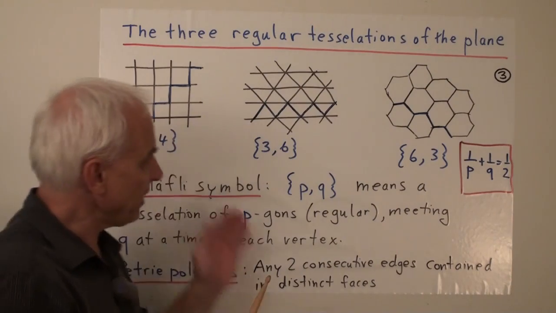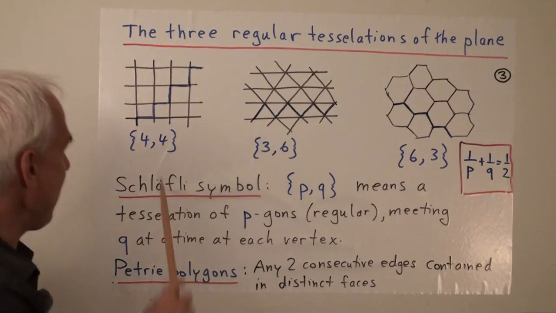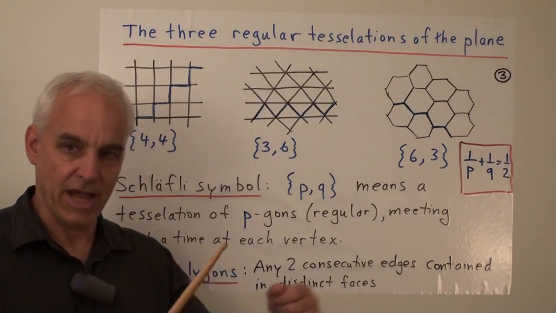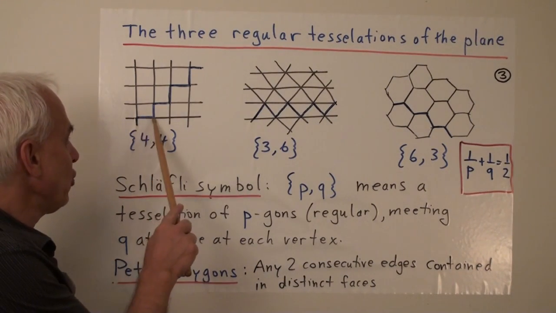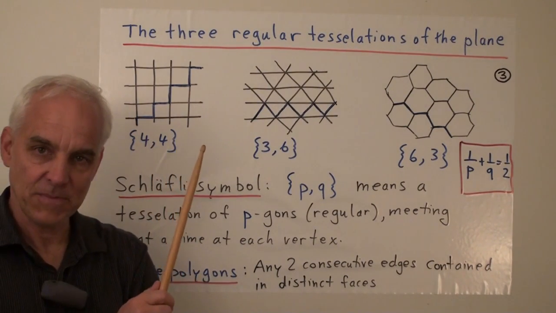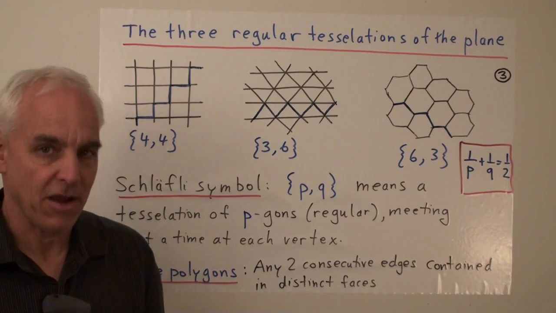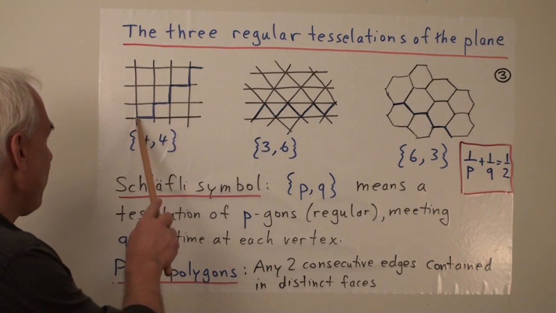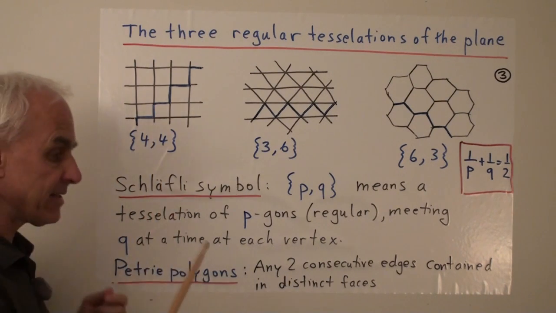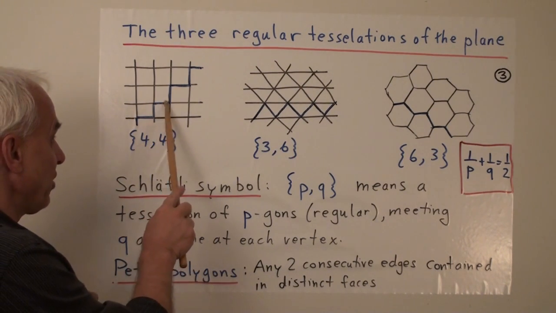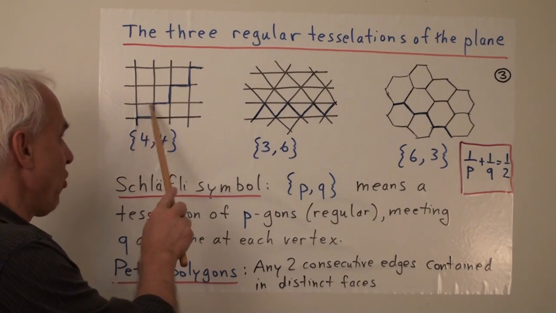Okay, so even in this context here, we can talk about what a Petrie polygon is. A Petrie polygon is a path consisting of subsequent edges, one edge followed by another edge, which has the property that any 2 consecutive edges bound a face, but no 3 do. So these 2 are edges belonging to this face here, and then the next edge has to be such that this edge together with the next one bounds a different face. Not this face anymore, but this face.